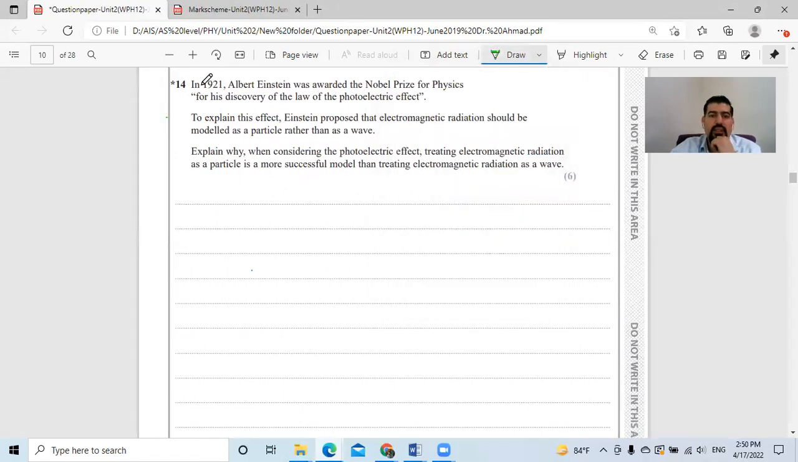What do they ask? In 1921, Albert Einstein was awarded a Nobel Prize for physics for his discovery of the law of the photoelectric effect, okay. To explain this effect, Einstein proposed that electromagnetic radiation should be modeled as a particle rather than as a wave. So we have to assume that light is a particle rather than a wave. Explain why, when considering the photoelectric effect,